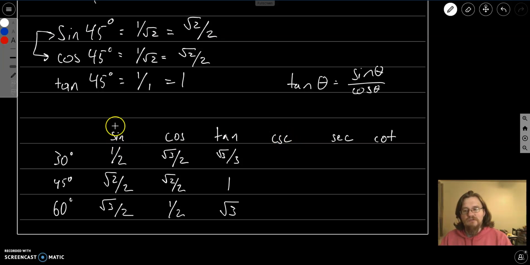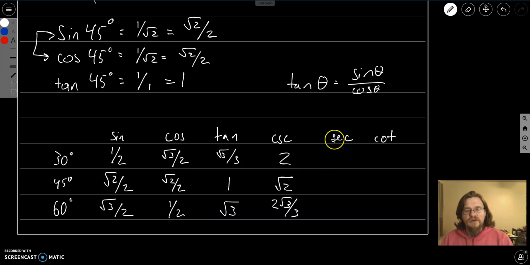Cosecant is going to be 1 over sine, so we can just take the reciprocals of these. So the reciprocal of 1/2 is 2. The reciprocal of root 2 over 2 is going to be square root of 2, and the reciprocal of square root of 3 over 2 will be 2 root 3 over 3. And then the secant is going to be